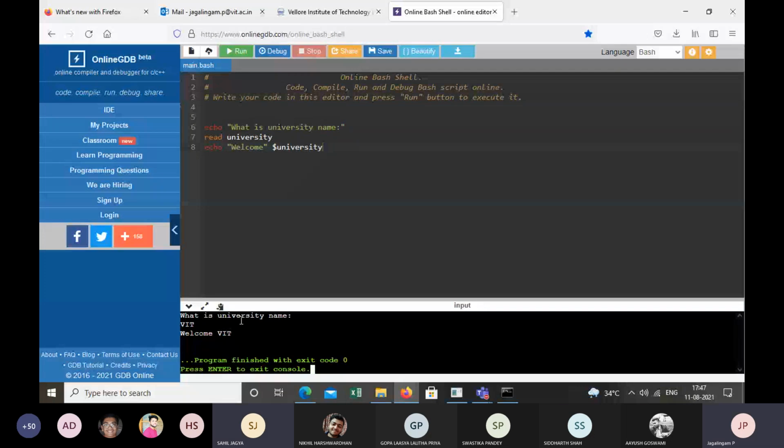So basically by putting the dollar sign, whatever the user enters, it will catch that value and print it in the next line. Yeah, okay. So here we are dealing only with the commands, right? Use the dollar symbol to read the content of the variable, right? So fine, good.